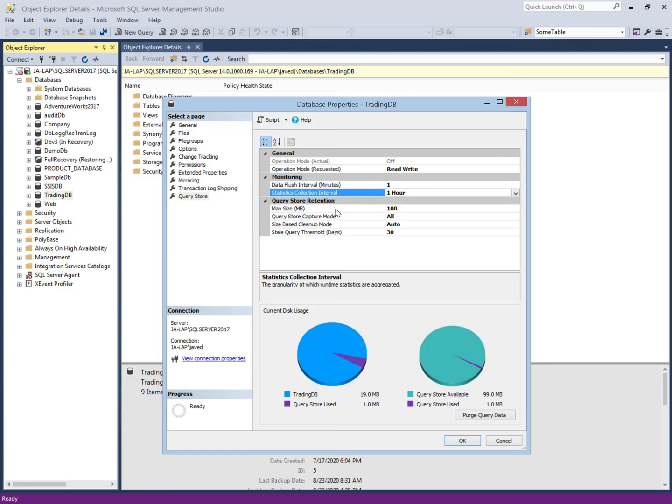So we have to take care of this size, and to clean it automatically we have to enable the size based cleanup mode, which is by default Auto, and it should be Auto. A background process will clean the Query Store structure most of the time, and when this cleanup runs, it will also take some significant resources.